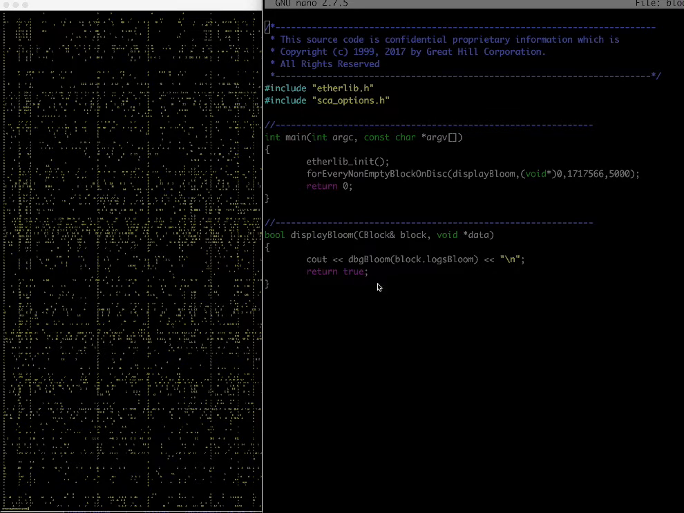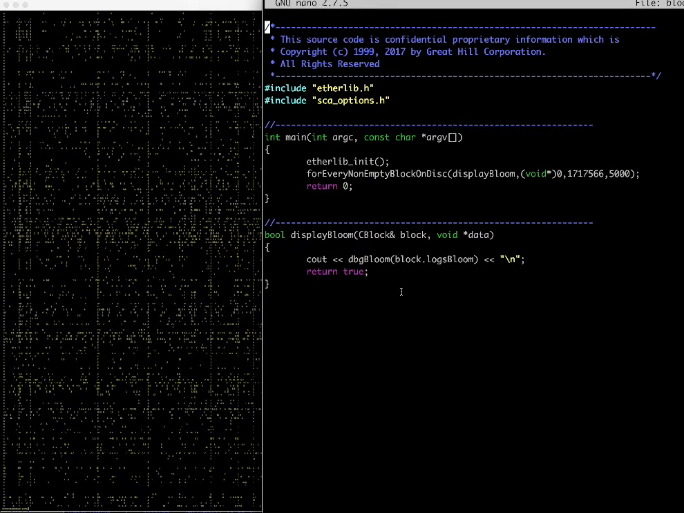Okay, so I'm going to show you a very quick visualization of the Ethereum blockchain's bloom filters. I wanted to use this as a demonstration of some of the things we can do with the QuickBlocks library. Of course, this is just one of a million things you can do, because QuickBlocks allows you to program the blockchain, basically. So here we initialize the library, and here we use a function that says for every non-empty block